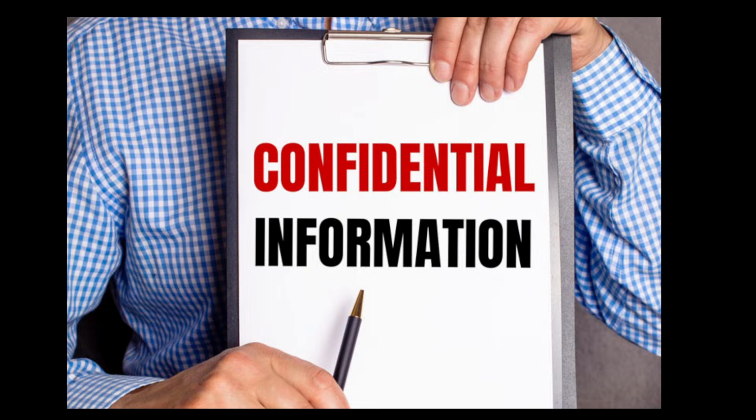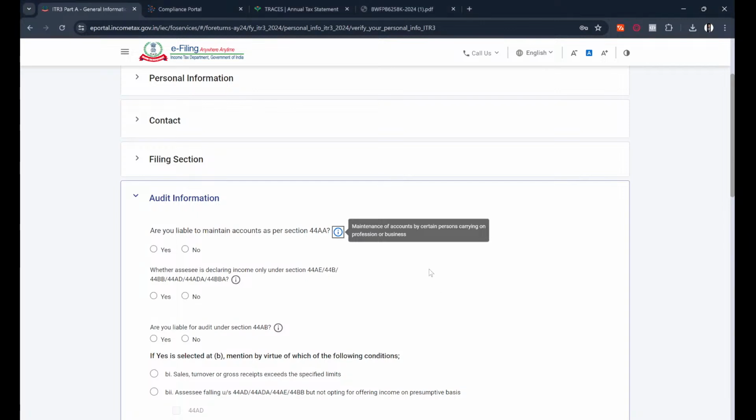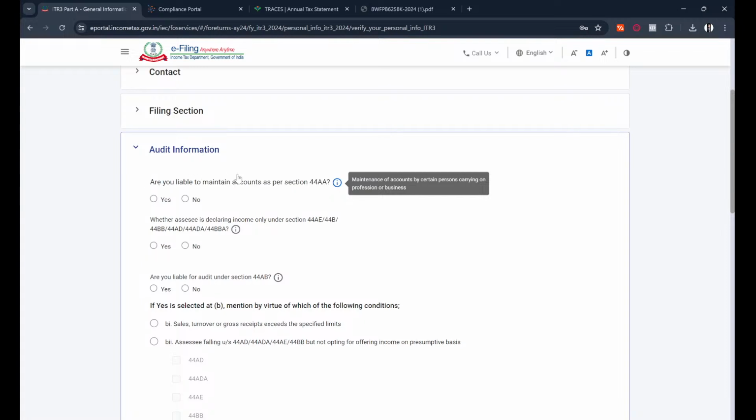So it's a very interesting thing. Let me show you the screen. As you can see, it says audit information and asks are you liable to maintain accounts as per section 44A. What I have found, if you are struggling to understand a statement, which I have multiple times, like here I do not know what section 44A is, so am I liable for audit or not? The simplest thing to do is